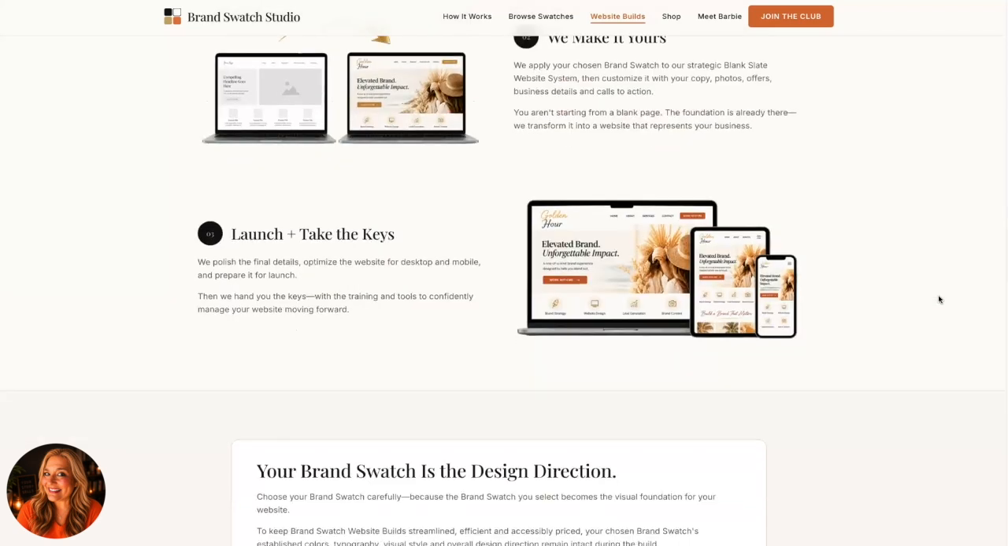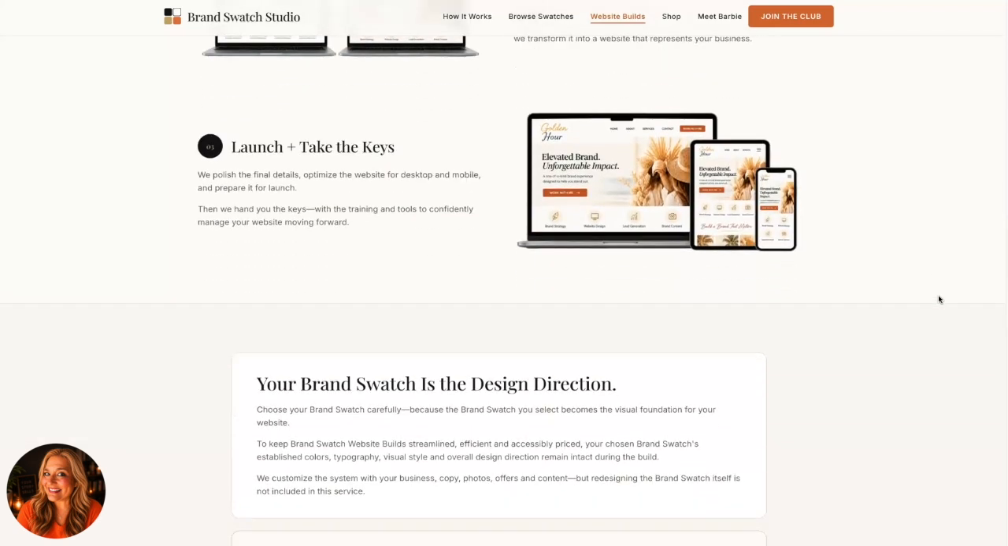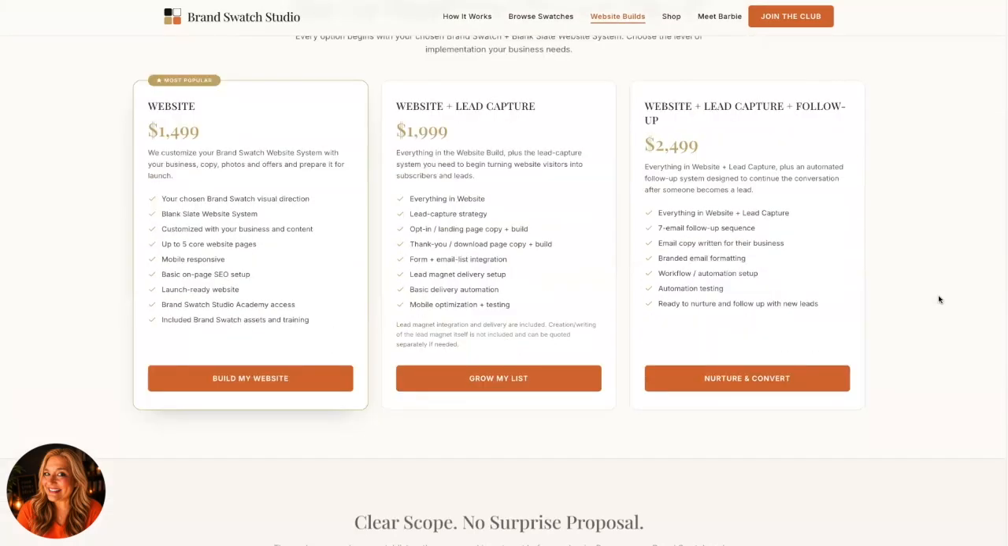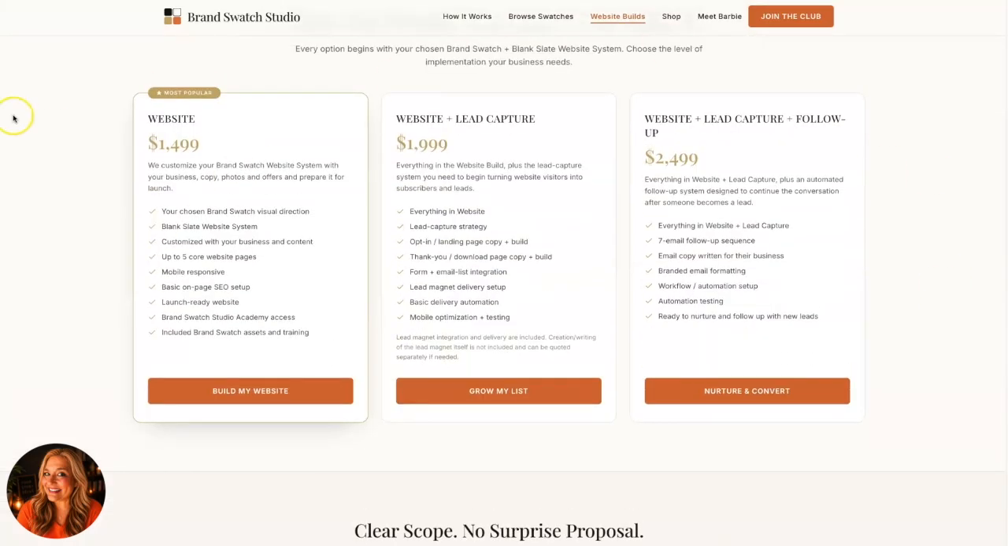Amazing. So I just love the combination of using both Lovable, which is the AI builder, plus GHL to handle all the other stuff. It's just amazing, and I just love it. So then we have different options. So if you want us to grab the brand swatch and then the blank slate template and your information, and you're like,